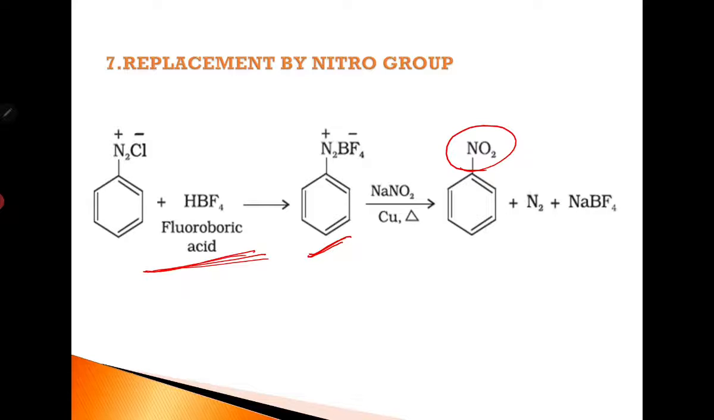For fluorination, if this borate is heated directly, we get fluorobenzene. This is the Schiemann reaction. But in order to introduce a nitro group also, we use fluoroboric acid, which gives the borate, but this borate on heating with sodium nitrite in the presence of finely divided copper, nitrobenzene is obtained. Next,